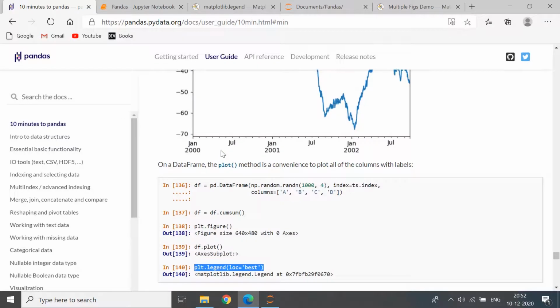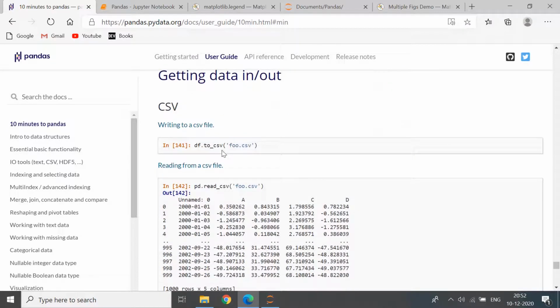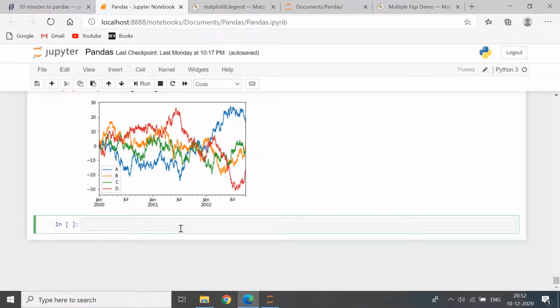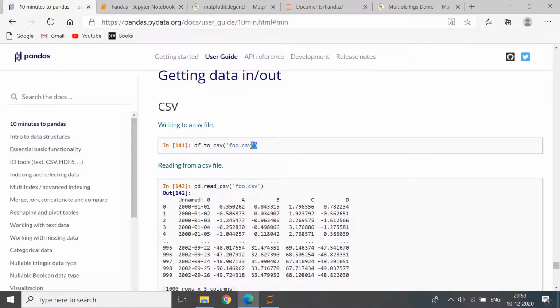Hmm. So the basic matplotlib stuff for plotting is done. And now we get to the really cool part, that is getting data in and out. So all this while we've been creating data, but in the real world you might get an Excel sheet and you might have to do some statistical analysis, say calculate the average age of the employees or the median salary of the employees and so on. So you need to get that data first into whatever notebook you're using. Otherwise, creating a data frame by typing all that stuff out is going to be a real pain and nearly impossible in many cases.